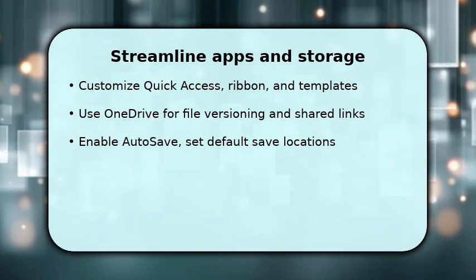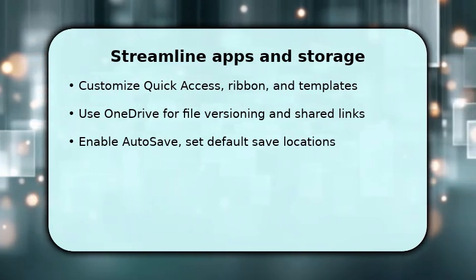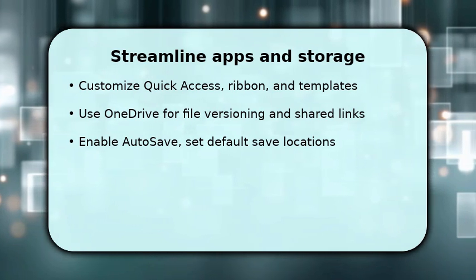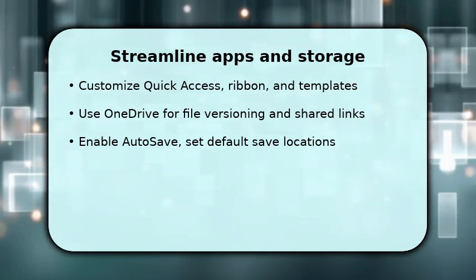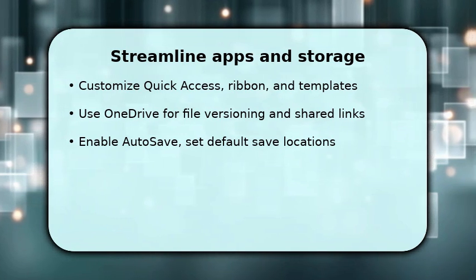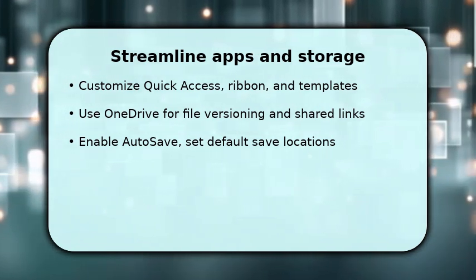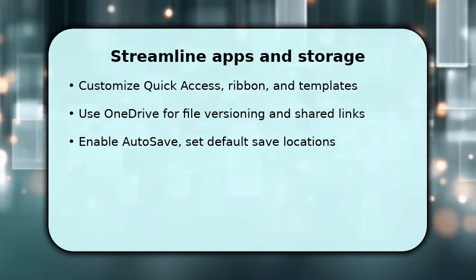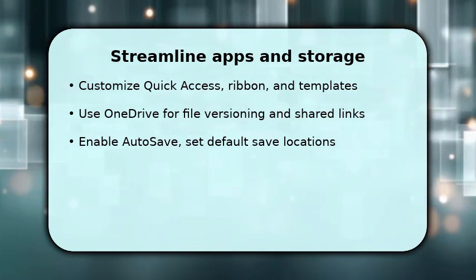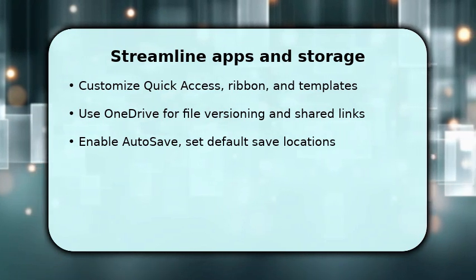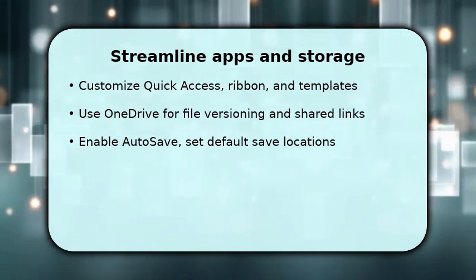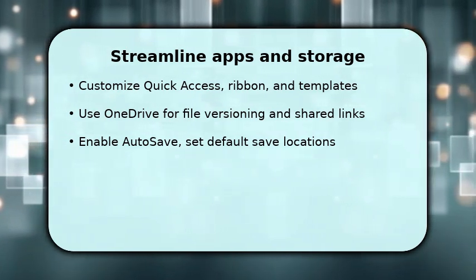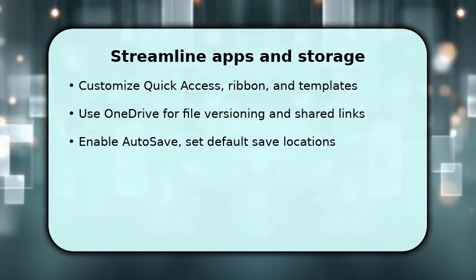Once your apps and OneDrive are active, streamline the interface so you work faster. You should customize quick access and the ribbon in Word, Excel, and PowerPoint to keep favorite tools visible. Use OneDrive shared links and file versioning to collaborate without duplicate copies, and enable auto-save so edits persist instantly. Also, set default save locations and templates. This reduces friction. When you do these steps, collaboration flow improves and repetitive clicks disappear, freeing you to focus on